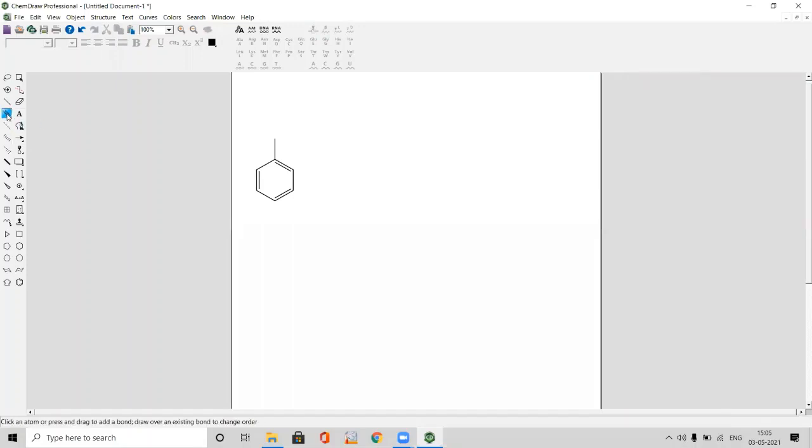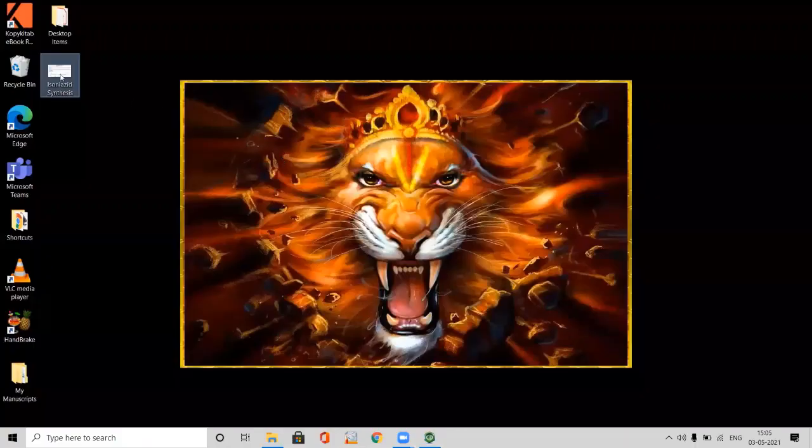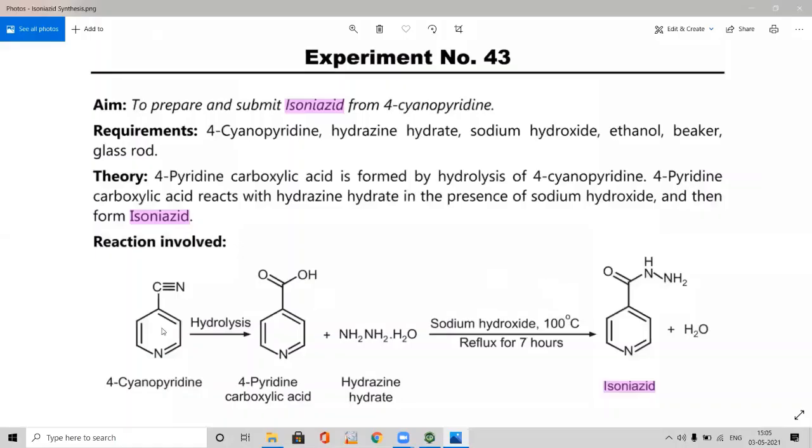See, a triple bond came. Now just click here on this carbon where we need a triple bond. So we got the triple bond here now. Now see here, they had drawn it linearly, but we had drawn it upward, so it is not an issue. As far as the stereochemistry is correct, the bond angle is correct, and the bond length is correct, nothing will be wrong with the chemical structure.